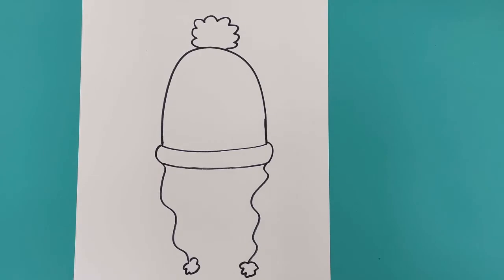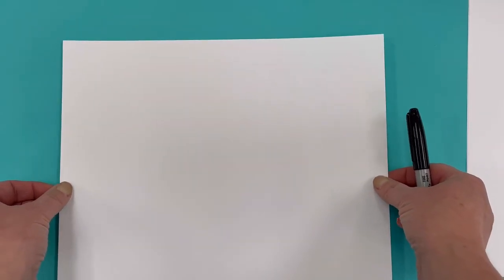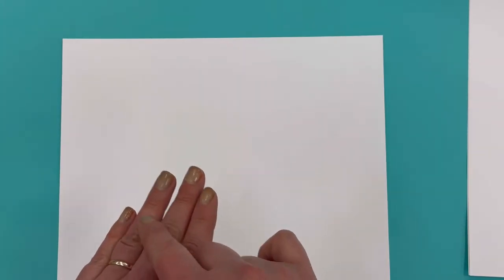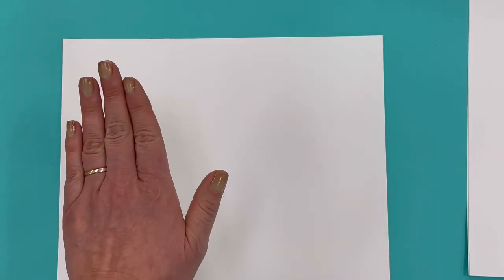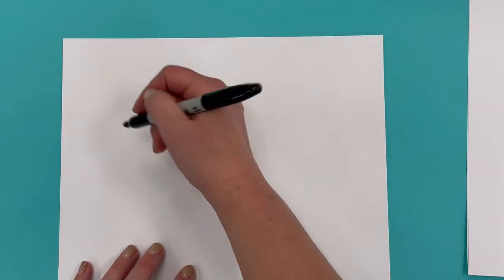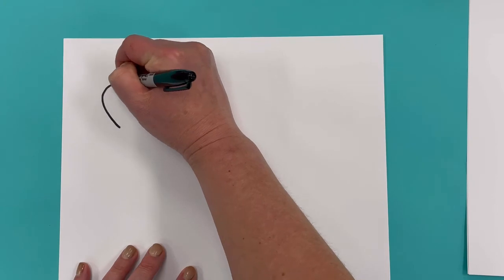Can you think of something that keeps your hands warm when it's cold outside? That's right. Some people wear gloves and some people wear mittens. Let's start with drawing a mitten. Mittens do not have a place for each of your fingers to go. They're kind of shaped like this. So if you want to draw a mitten, you can think about a shape that looks like a lowercase n